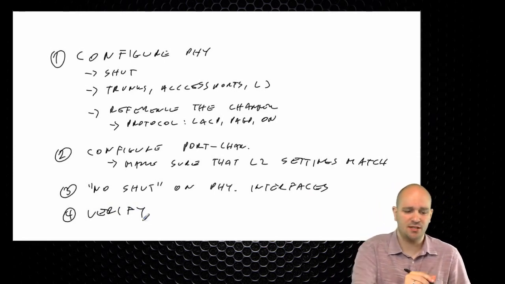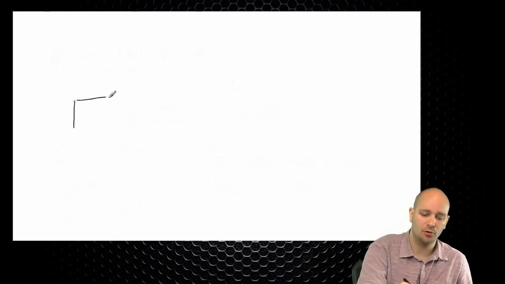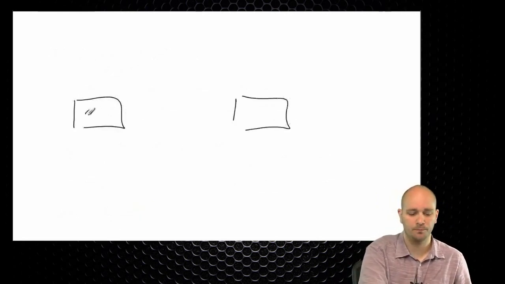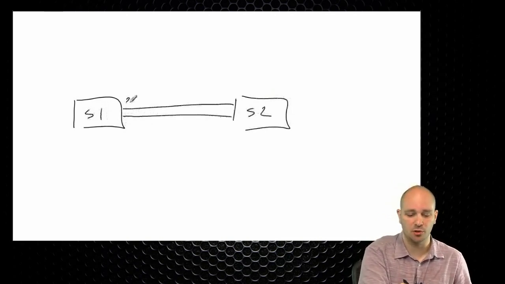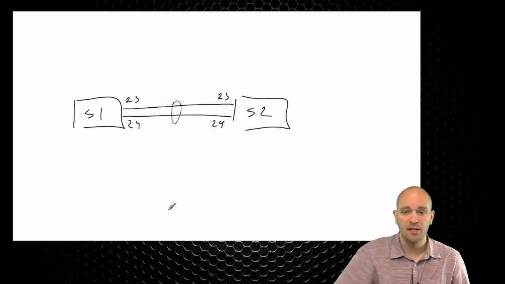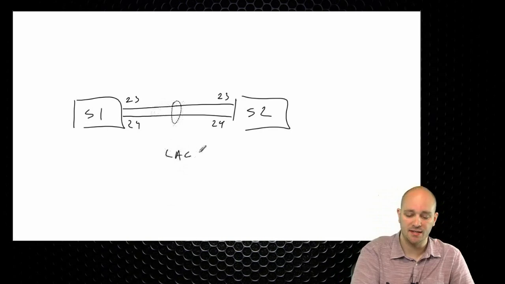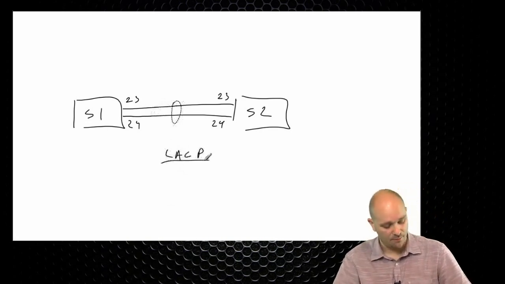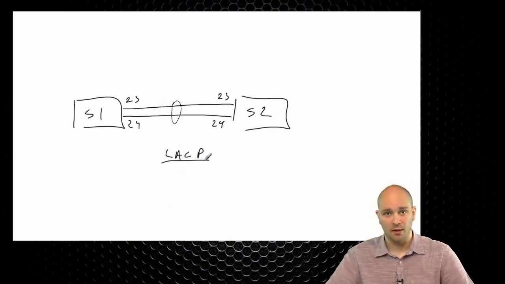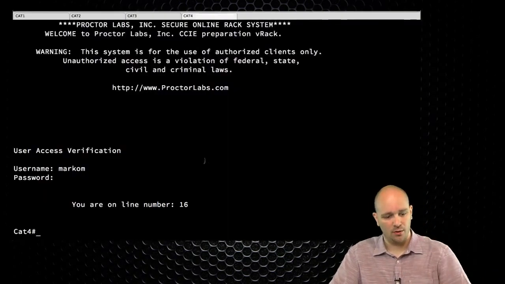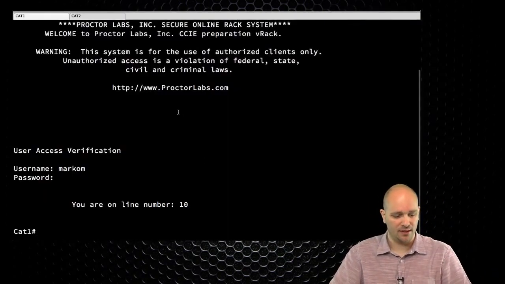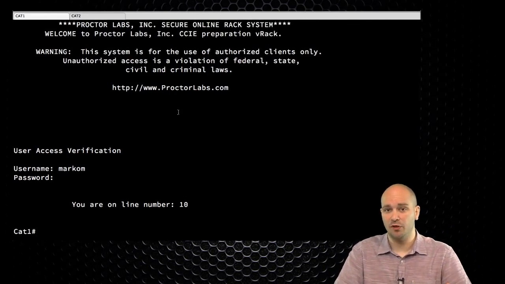So just as an exercise now, I'm going to have 2 of my switches, switch 1 and switch 2, and I'm going to have 2 connections between them. So this is going to be port 23 and 24, and I want to build an EtherChannel between them. And for this purpose, I'm going to be using LACP as the aggregation protocol there. So here I have my Cat1 and Cat2, and these are the same configurations we had